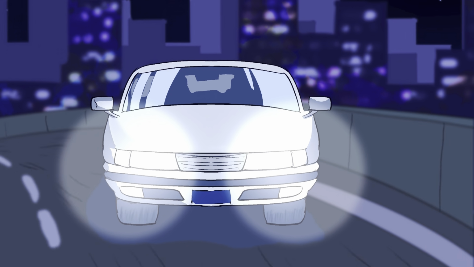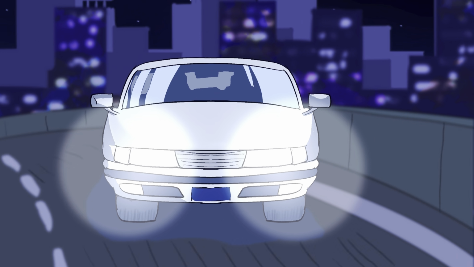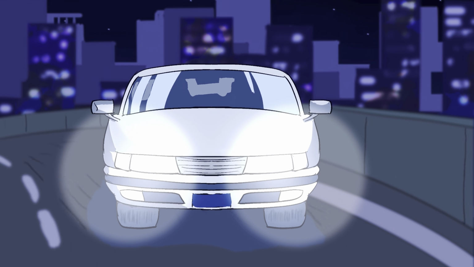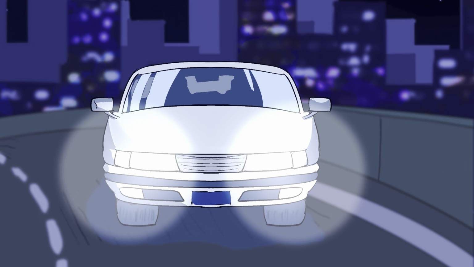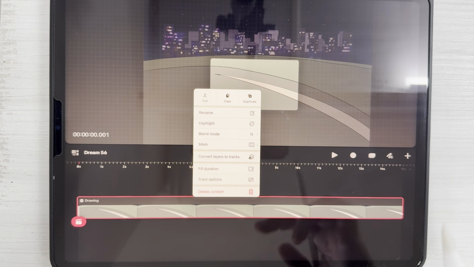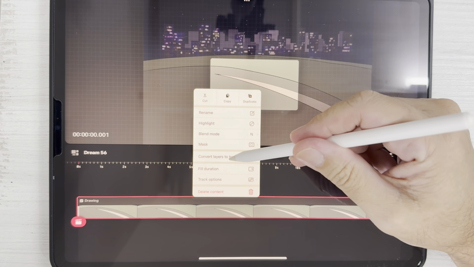It feels so good to be back, and today we're learning how to animate a car driving down the highway. This was inspired by the Detective Conan TV series. So let's get started. Once you download the assets from Gumroad, come here and long press and click on Convert